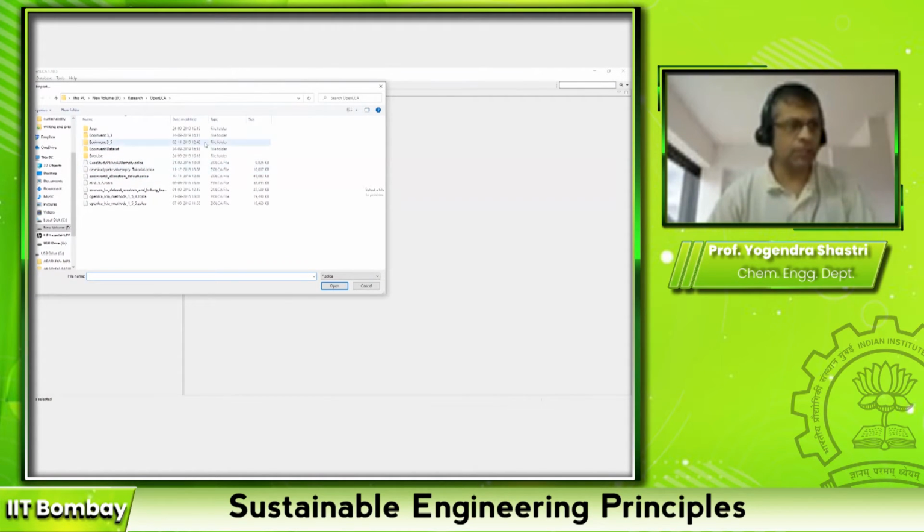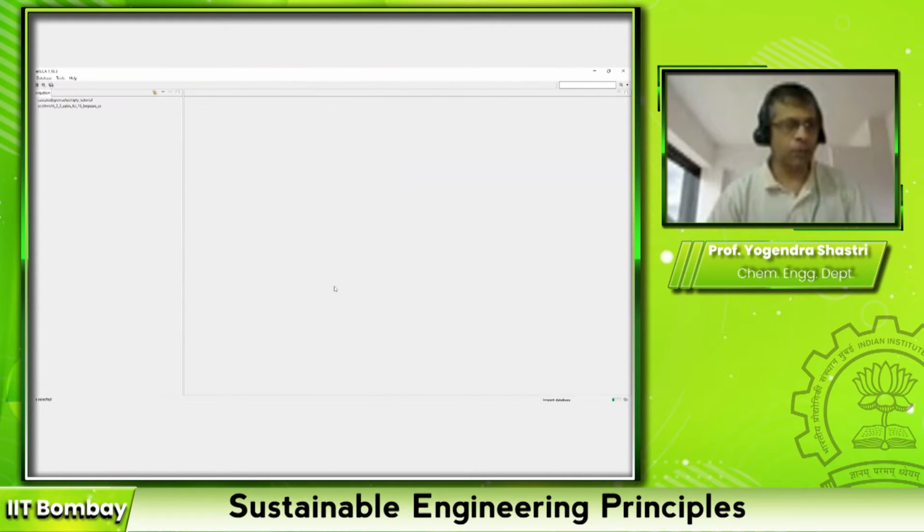Once you click on that, you will have the standard Windows interface, or whichever is the standard interface you see on your operating system for selecting a file. You go to the corresponding folder where you have stored the file that I had asked you to download. The file name was case study PET versus aluminum mt.zolca. This is the file we want to open. This is a dummy database that has been created for practice purpose. You click on that and click open. Once you do that, it appears as one of the databases here on the left hand side.